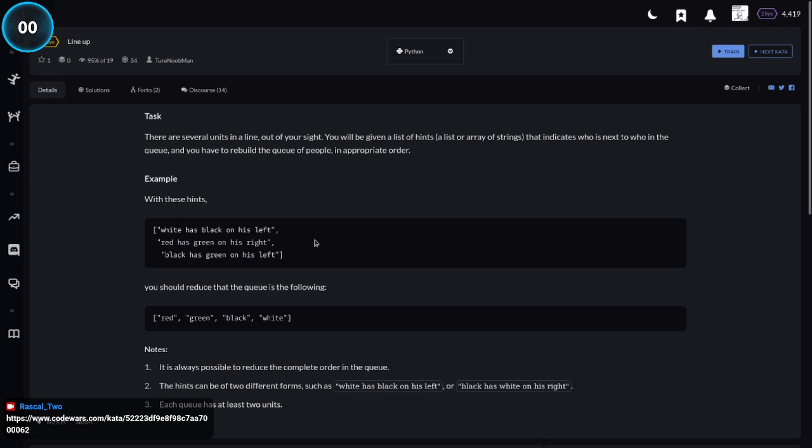White has black on its left. Red has green on its right. Black has green on its left. It's always possible. The hints can be in 2 different forms, left or right. Each queue has at least 2 units. Okay, so essentially,